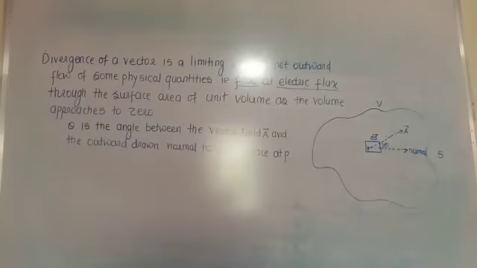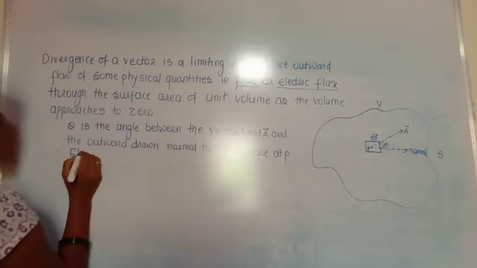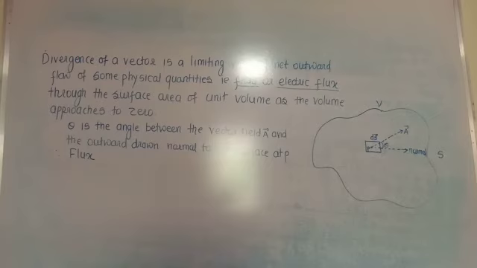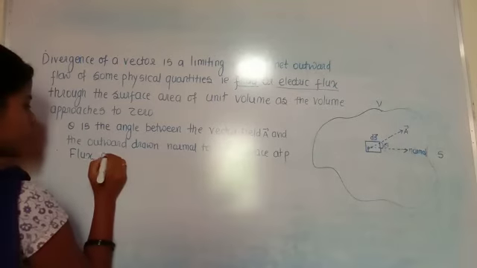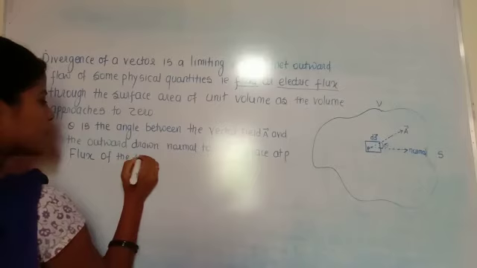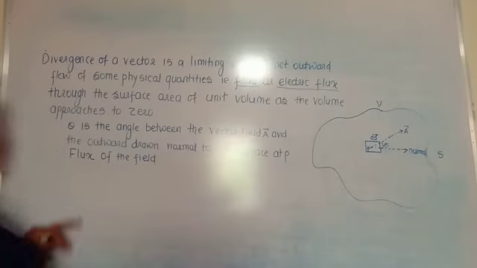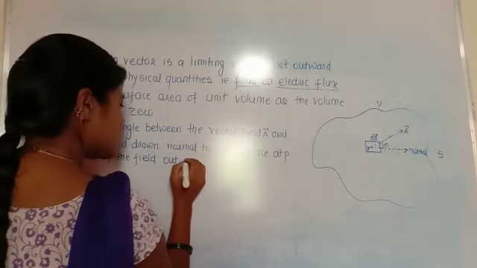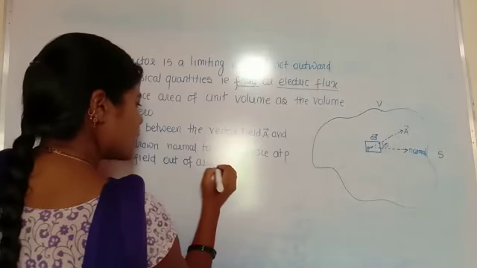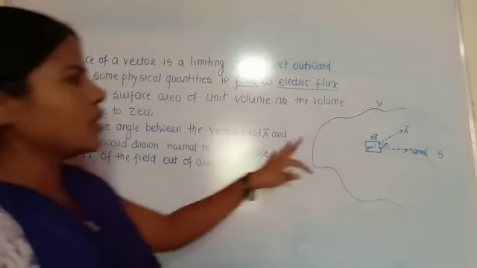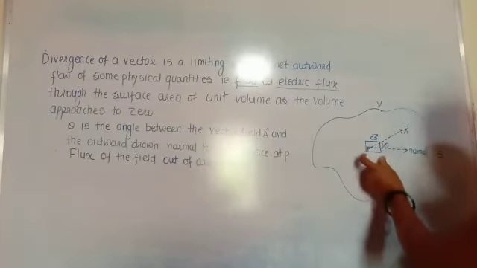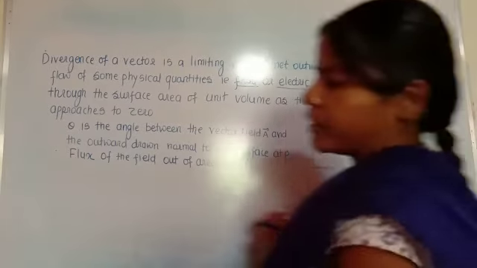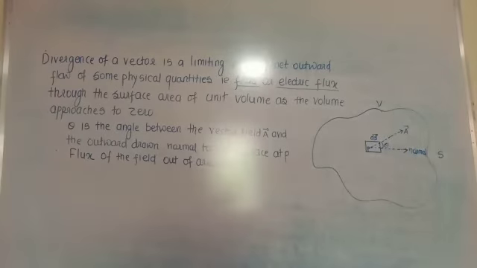So the flux of the field out of area ds, that means here the field exists, and out of this area ds the flux of the field has the value